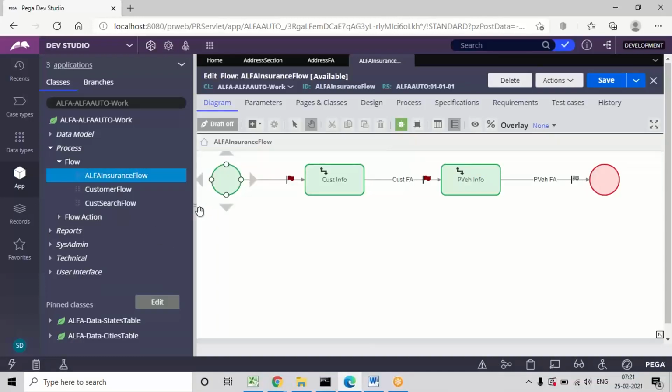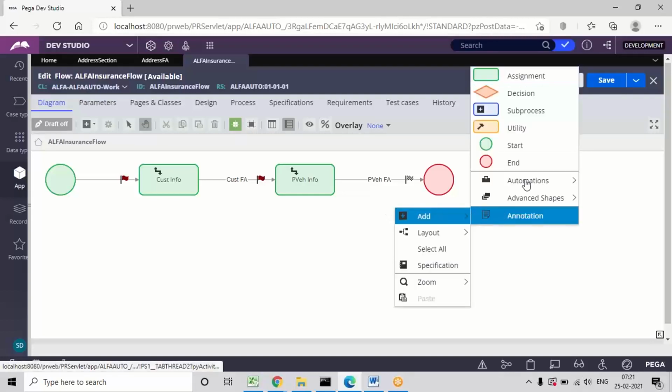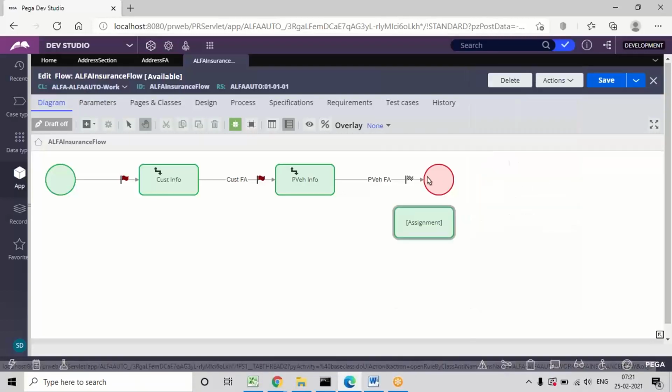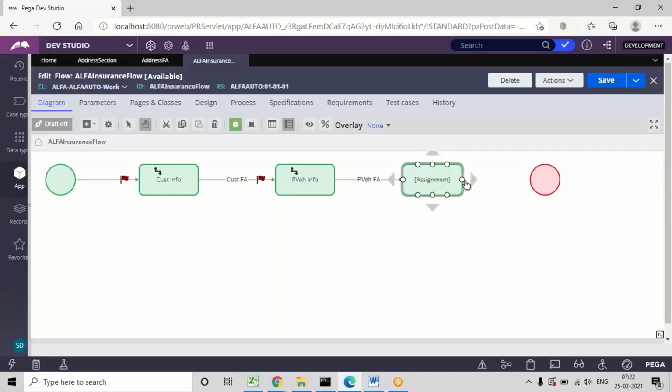Earlier you can see these two designs are there, customer and vehicle design. Now I'm going to add the new assignment. So connect these shapes. Give a label for the assignment.